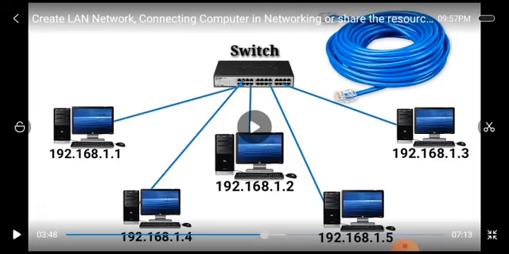If you don't, your computers will not be able to communicate with each other, because without any identity we can't communicate over the network. For that purpose you must assign an IP to every computer.